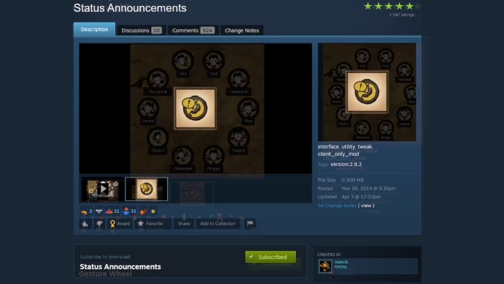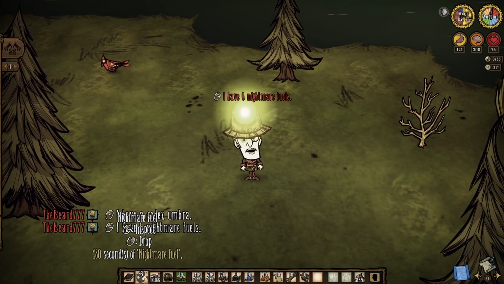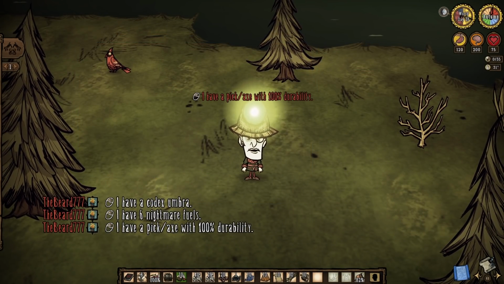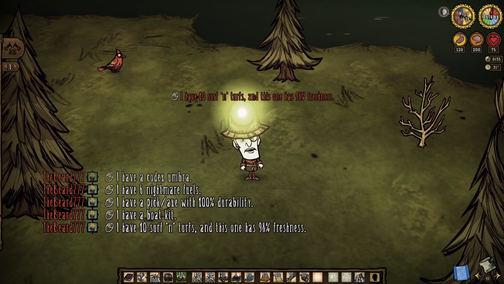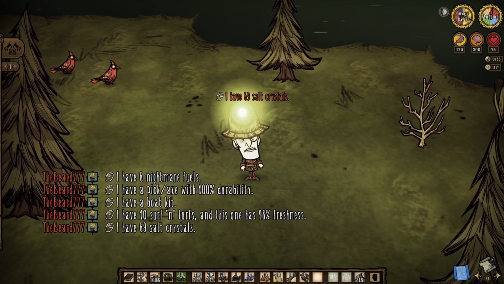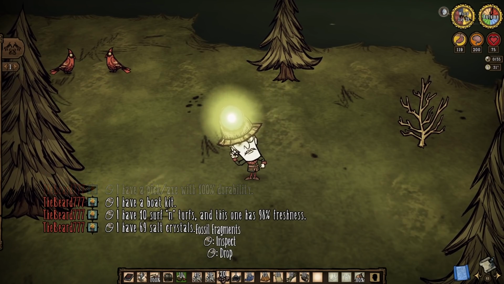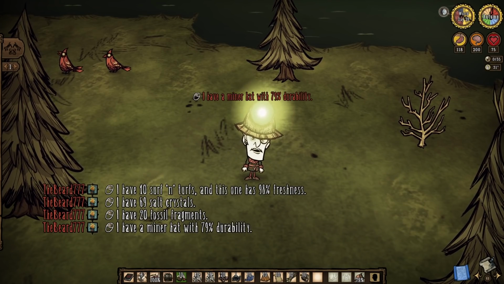But here's one that I have had downloaded for a long time. You just don't see it in my YouTube content. Status Announcements, everybody, is perfect for when you're playing with a group, because you can literally tell them how your status is. Be it what's in your inventory, like say I have 69 salt crystals, nice, didn't plan that, but still nice. Or I have 20 fossil fragments, or maybe I'm wearing a miner's hat with this amount